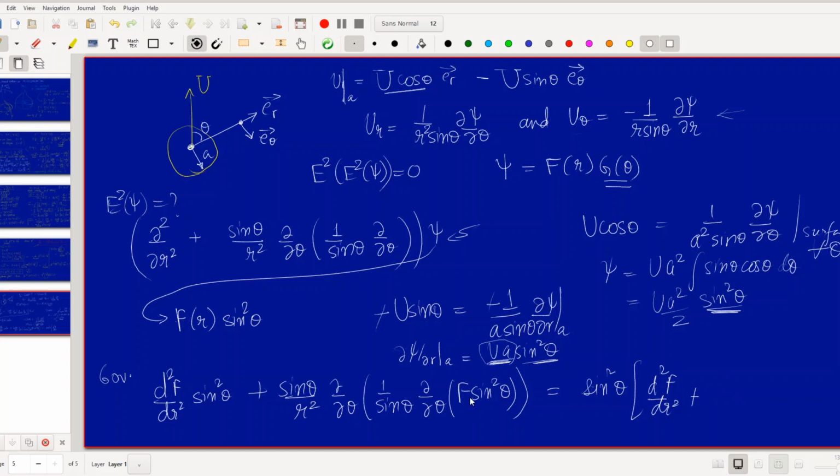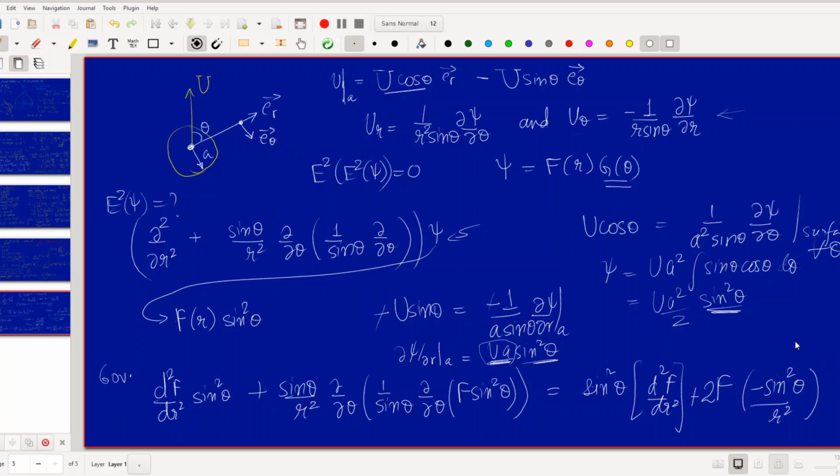so what will be this term? So 2 sin theta cos theta, F goes outside first of all, so this becomes 2 sin theta cos theta, sin theta cancels with this, so del theta of cos theta, that becomes minus sin theta, so minus 2 sin square theta by r square, and we forgot a 2 over here. So if you just do the math, F goes outside, take a derivative, sin theta cancels out, take a derivative of the cosine term, you get this.